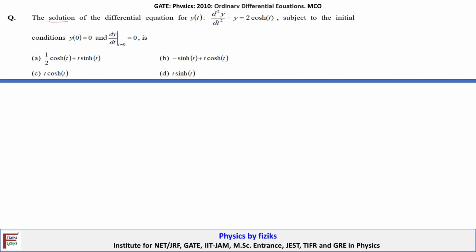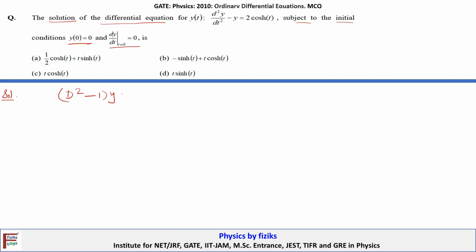The solution of the differential equation for y(t), which is given as d²y/dt² − y = 2 cosh t, subjected to the initial conditions y at t = 0 is 0 and its first derivative at t = 0 is also 0. Now here the differential equation in terms of the operator D can be written as (D² − 1)y